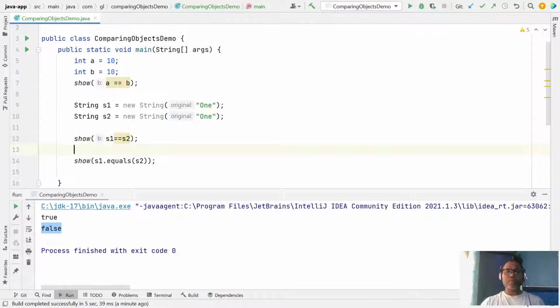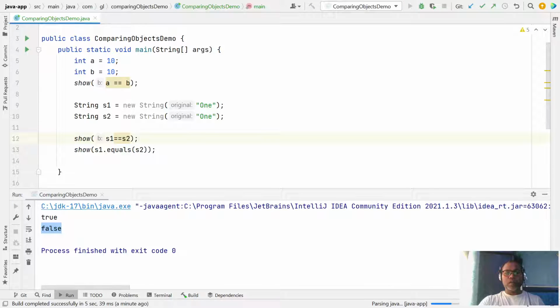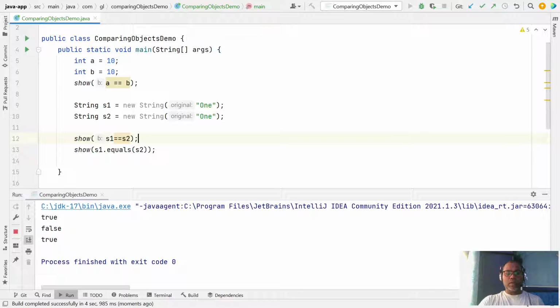If you run this, it will say true. So here is the scenario. Whenever you create objects, they are stored in the heap. Let us look at an example here.